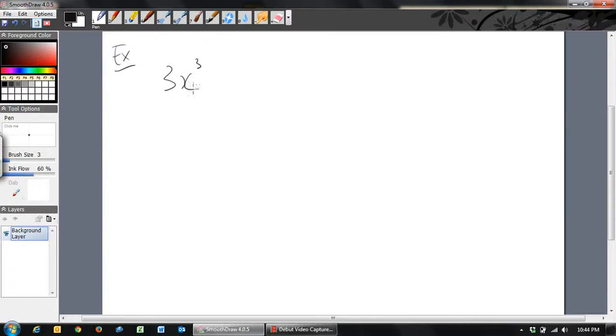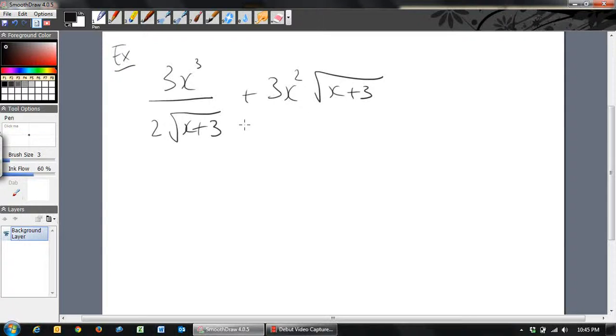3x cubed over 2 root x plus 3 plus 3x squared root x plus 3. Okay, let's simplify. Again, we want to have them over the same denominator, and in fact at the moment this